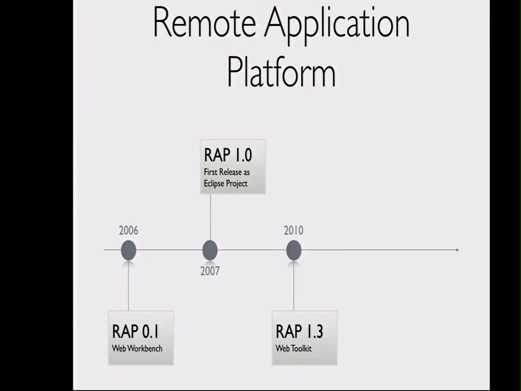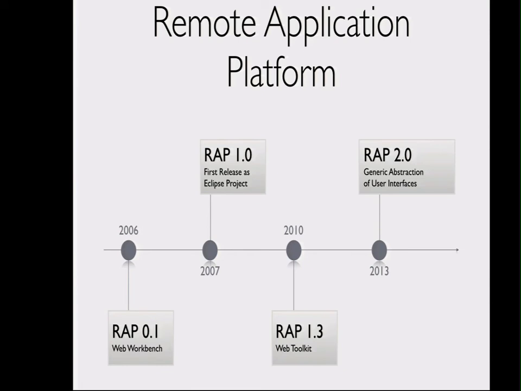saw that the analogy of having a workbench in your browser is not working. So people don't want to have a workbench in the browser. It just looks ugly and it's just too noisy. So we focused more on the web side of things, and it became kind of a web toolkit. So we made it more lightweight. You could build applications that looked more like web applications and not anymore like an RCP application running in your browser. And then the most important step in our evolution was in 2013, so this year, when RAP 2.0 was